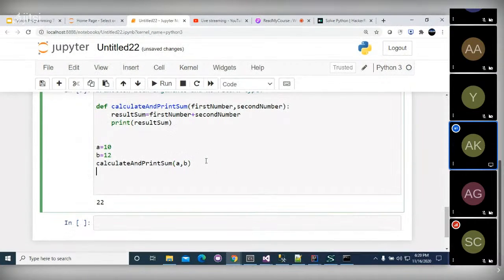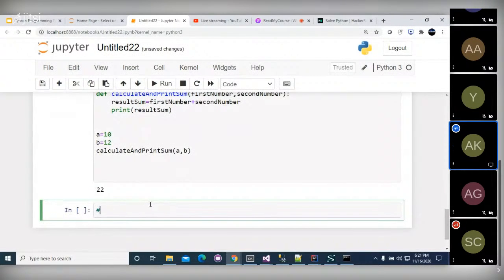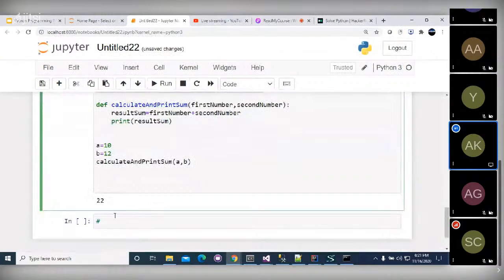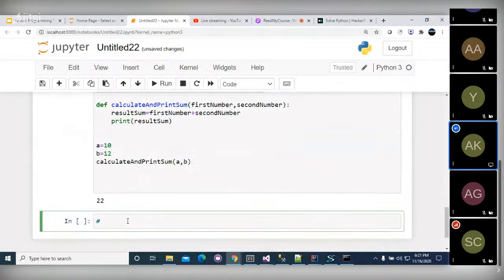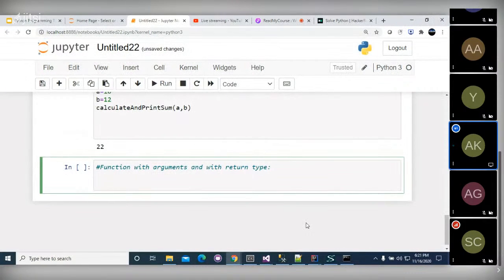Now this is the third type. Now the fourth type is function with arguments and with return type. So the next type of function is function with arguments and with return type. So first we are writing def calculate area and we are passing here